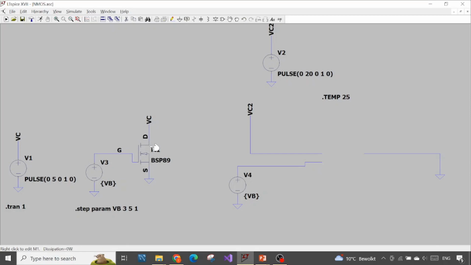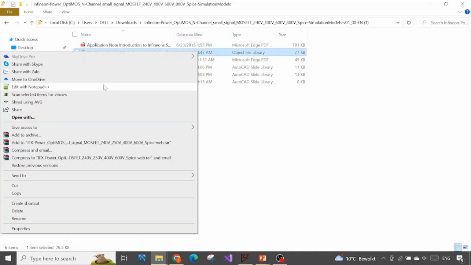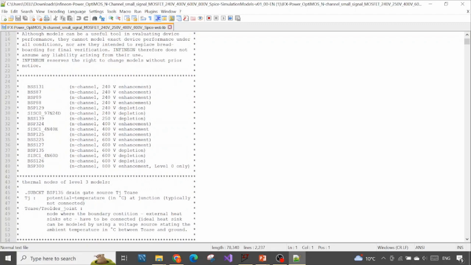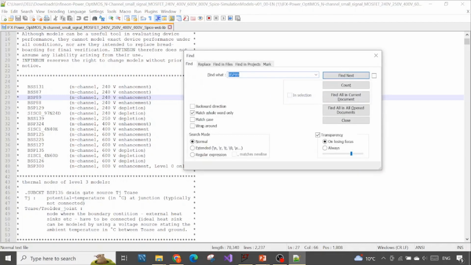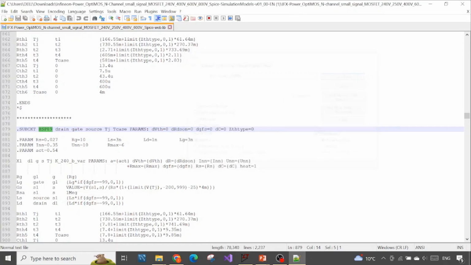For example, this is the symbol of the NMOS. Sometimes the symbol doesn't match the content of the device. For example, let's open this one and we'll see. So this is what we are looking for, right? So Control F, PSP89, looking for that. So now you can see this is the subcircuit and this is the PSP89. This is the model that we are looking for. It has at least 5